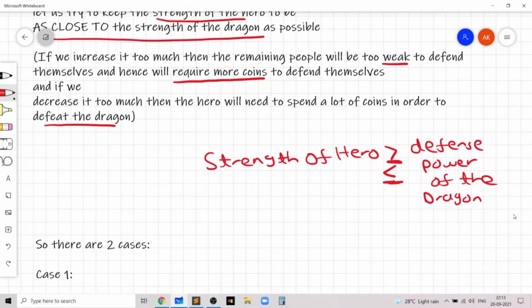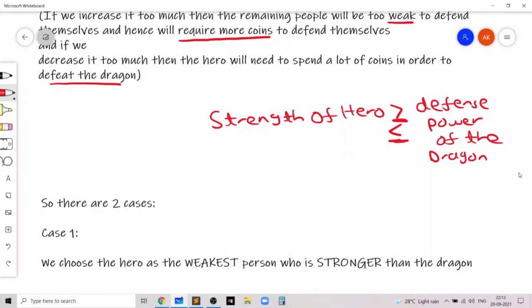In the first case, we choose the hero to be the weakest person who's stronger than the dragon, so that we want the person to be as close to the strength of the dragon. That's why we choose him to be the first value which is greater than the dragon's defense power.